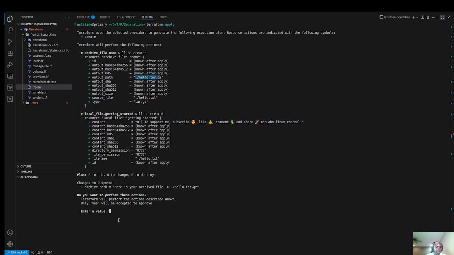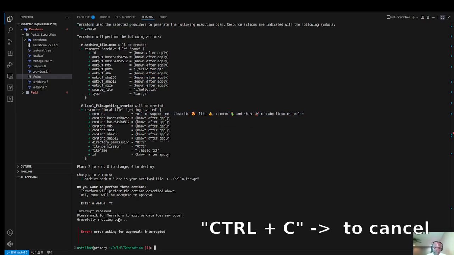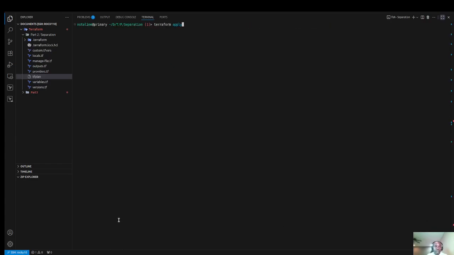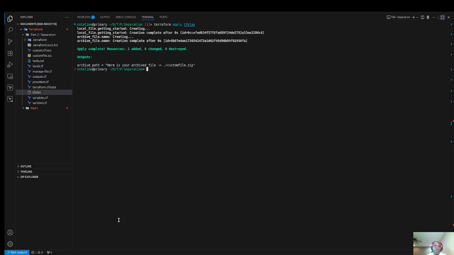So now here we are not just gonna type that, we're gonna cancel that operation. So now if we do Terraform apply with this, okay, it's just gonna go ahead without asking any question. It's going to go ahead and apply the content that we want, and will not show the plan as well. Okay, so we go ahead, we type enter, you can see that it just says creation completed and so on,